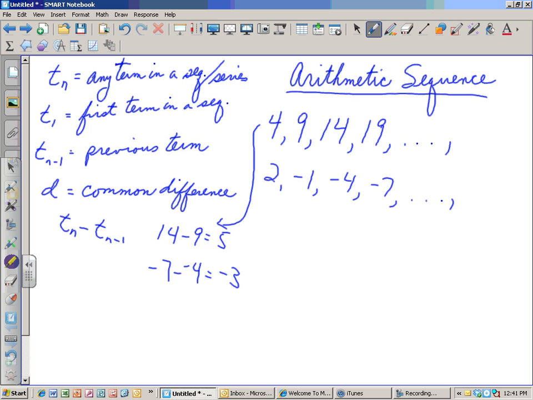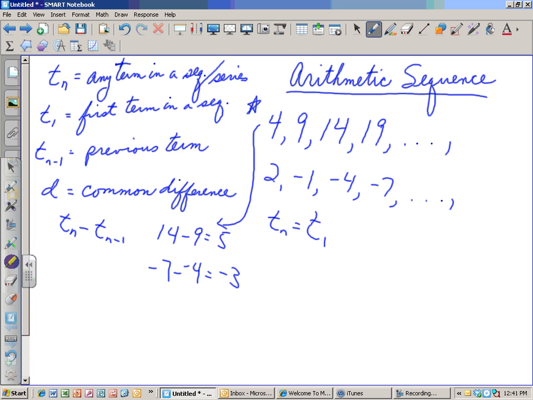Let's take this first sequence here. People were telling me that you had a lot of problems like this on the ACT. Let's find the 25th term of that sequence. Do you remember doing problems like that on the ACT, those of you who took it? And maybe some of you just took your calculator and added 5, and kept going until you got to the 25th term. There's a formula, and this formula is T sub n equals